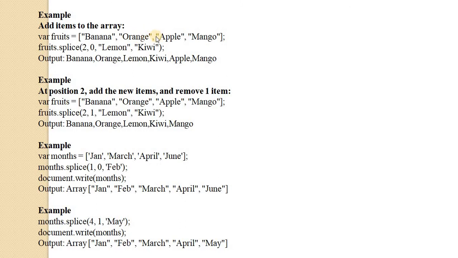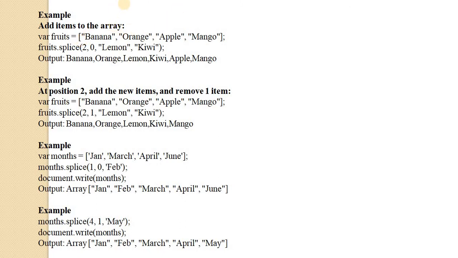At the second index, it will add lemon and kiwi in the array. So the answer of this example is banana, orange, after that lemon, kiwi, apple and mango. This is the first example of how to add elements in the array.